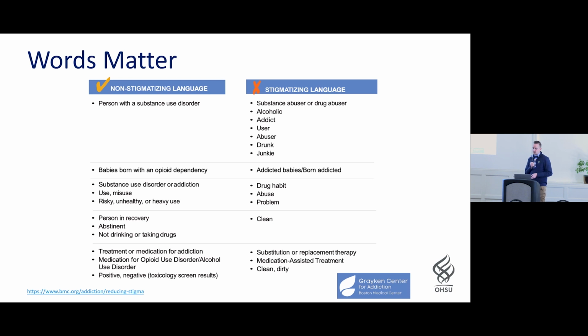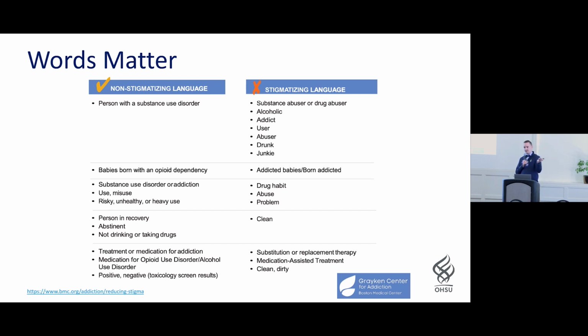And then also making sure that we avoid terms like addicted babies, like babies don't come out of the womb clawing for their next fix of fentanyl, right? And so they come out of the womb usually dependent on opioids and may have withdrawal syndromes, but they're not addicted. And then really trying to avoid using the words clean and dirty when you're talking about urine toxicology,